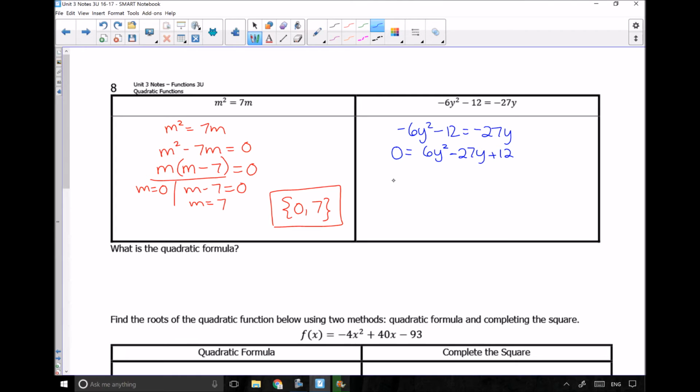Right, so the next question we're going to ask ourselves is, is there a GCF? So looking right here, I can see, yes, there's a GCF of 3. So I end up getting 0 equals 3, and then when I take that out, I end up getting 2y squared minus 9y plus 4. Okay, so then I get 0 equals, keep the 3, and then when I factor this, I want this 2y